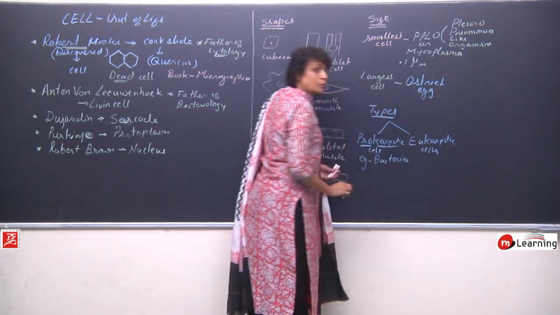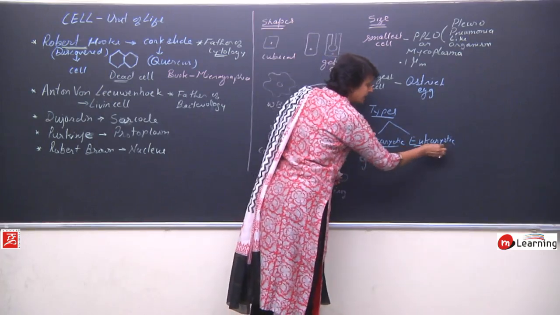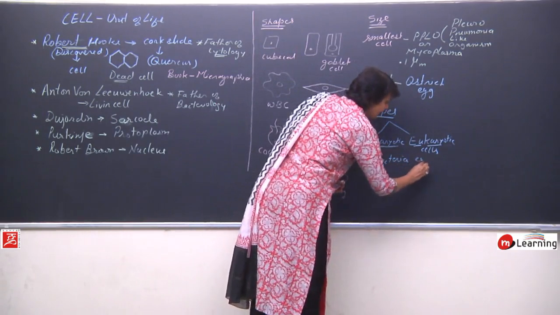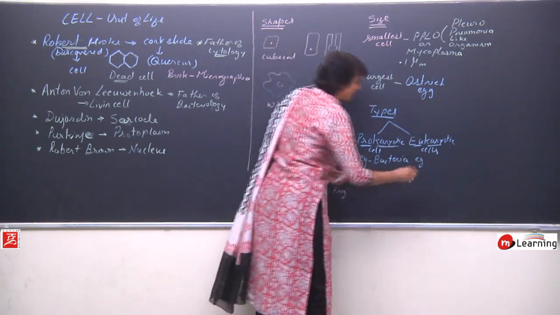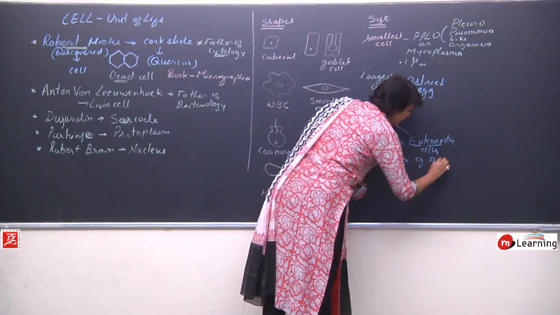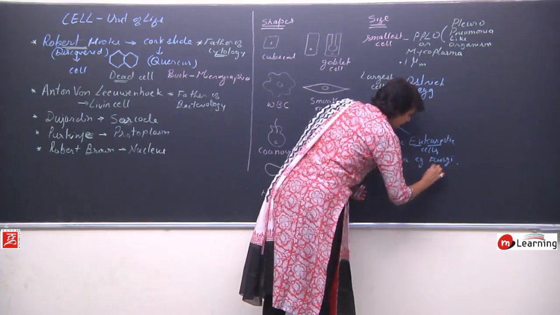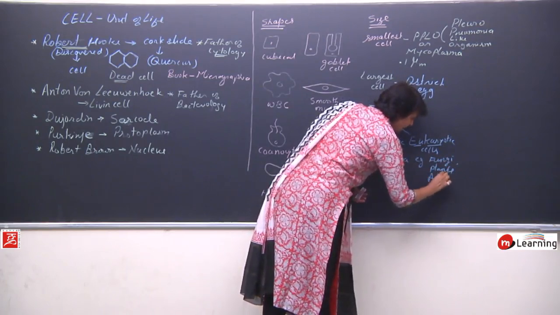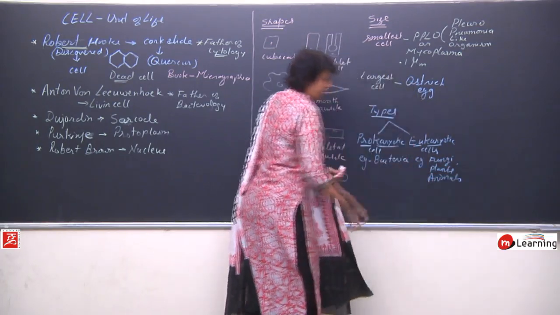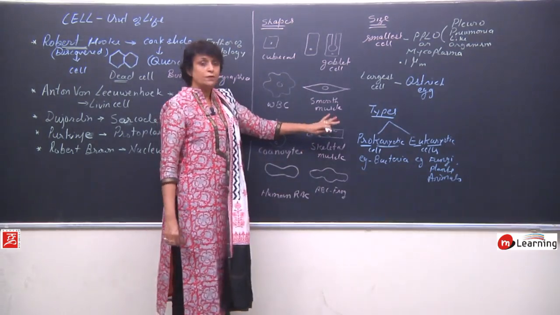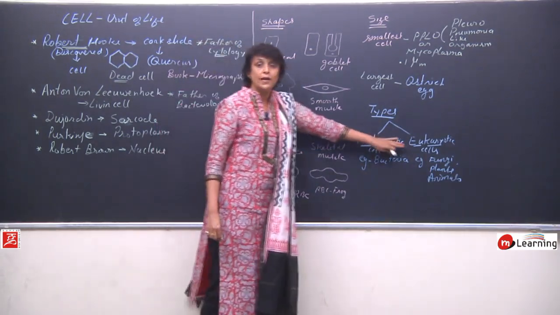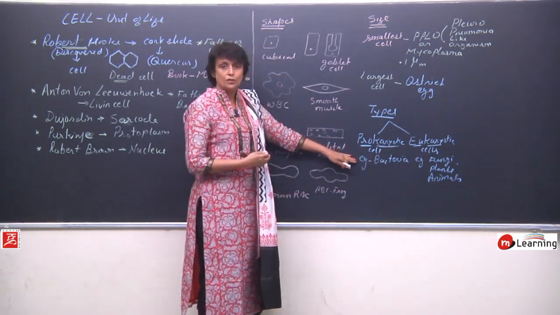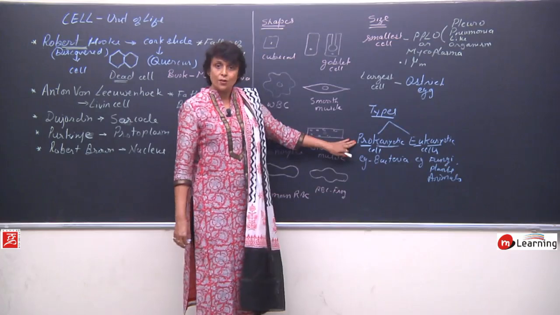Eukaryotic again is derived from two words. Eu means advanced and karyon again means nucleus. So, here the nucleus is advanced. We find these eukaryotic cells in fungi, plants and animals. That means the cells which are found in fungi, plants and animals are eukaryotic cells, and the cells which are in bacteria, or bacteria unicellular, so these cells are prokaryotic cells.